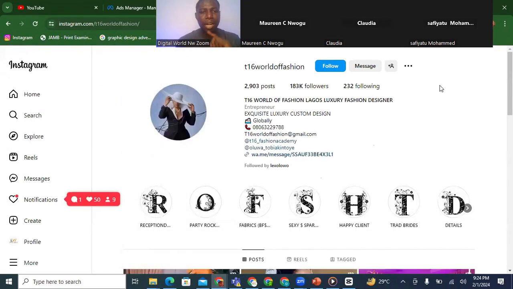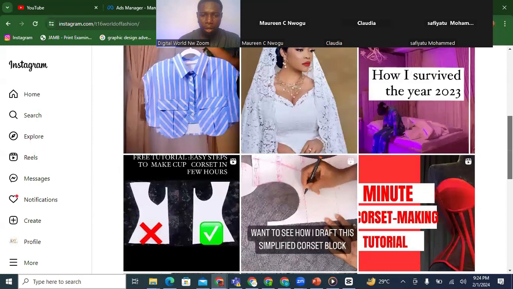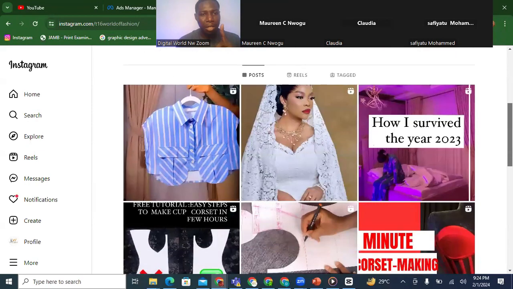The Facebook page and Instagram profile you are going to be working on. So assignment, go and create a Facebook page and an Instagram profile. Now, I need 10 posts each on the page and the profile. 10 posts. So your 10 posts can be pictures,